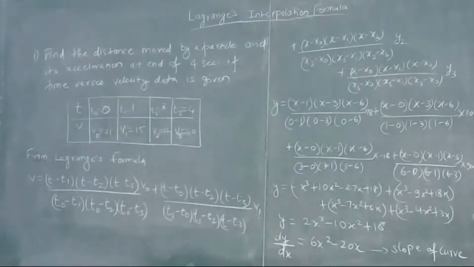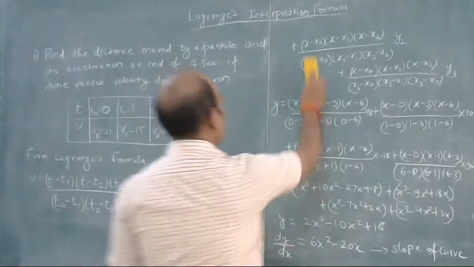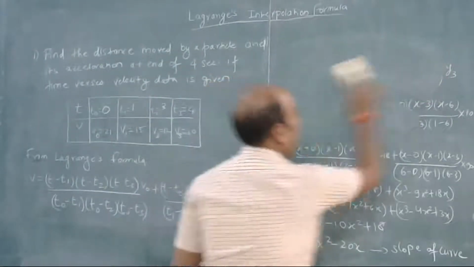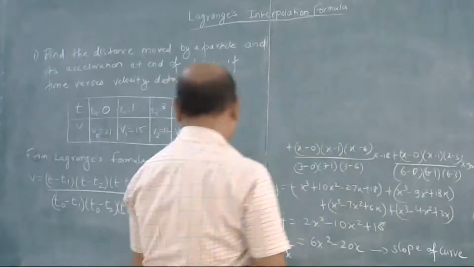Okay. So now x is replaced by t and y is replaced by v, time and velocity,